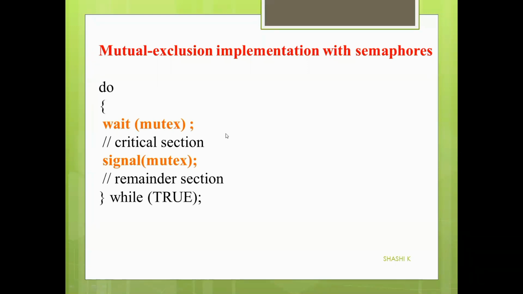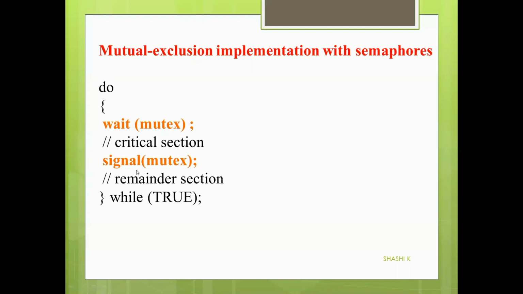The two more requirements of the critical section problem are progress and bounded waiting. If you have seen my previous videos about the critical section problem, then you know that progress states that only those processes which are interested in entering the critical section should participate in the decision of which process should execute next. So here in the code, the wait of mutex is executed only by the process which wants to enter the critical section.